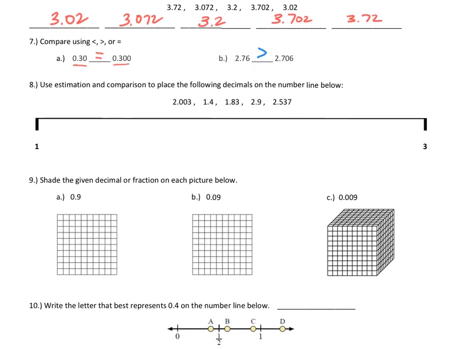Problem 8 says, use estimation and comparison to place the following decimals on the number line below. So it looks like the number line starts at 1, ends at 3, so midway would be 2. And then halfway between 1 and 2 is 1.5 or 1 5/10. And halfway between 2 and 3 is 2.5 or 2 5/10. So now that I have some benchmark decimals on the number line, I can start trying to estimate where each